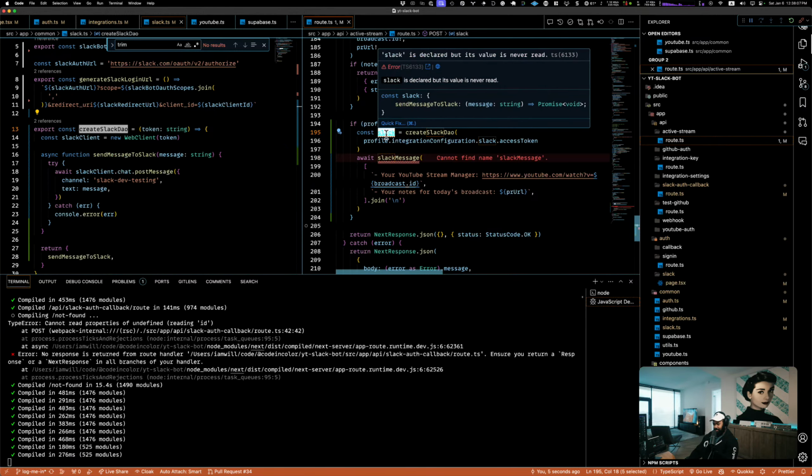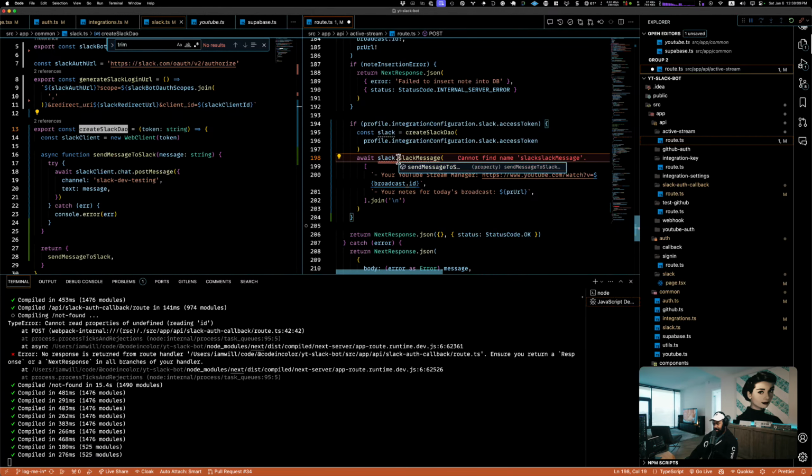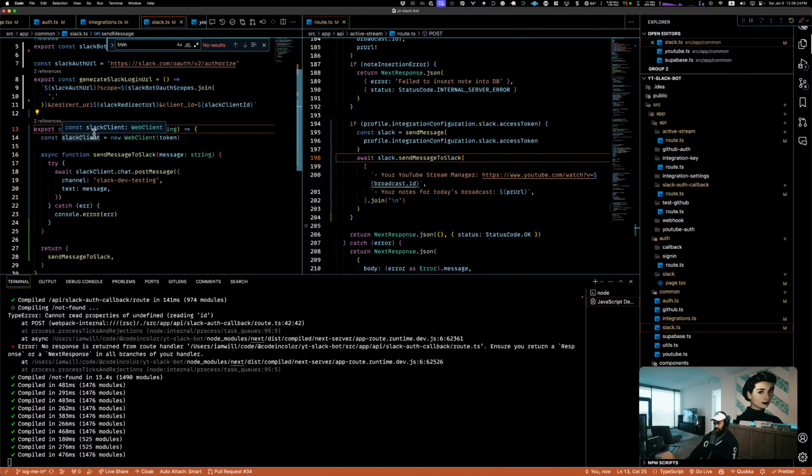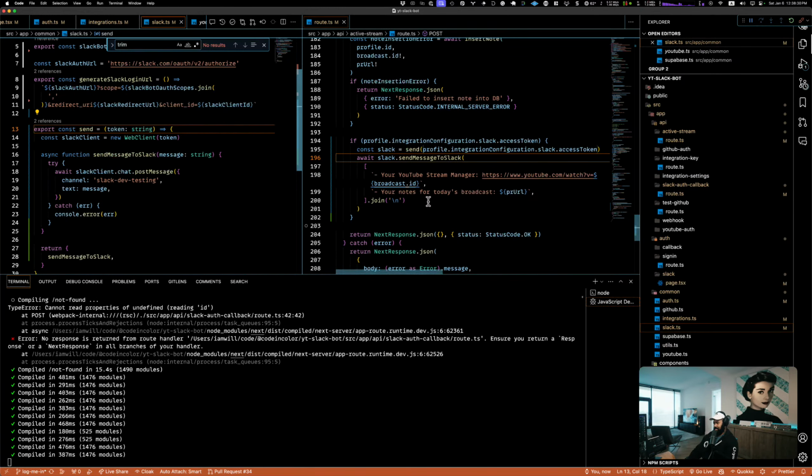All right, so now we're gonna do Slack dot whatever that is, and I hate this name. So it's called send message to Slack. Let's just call it send message. Or what the hell else are we sending? Let's just call it send. How about that? Okay.